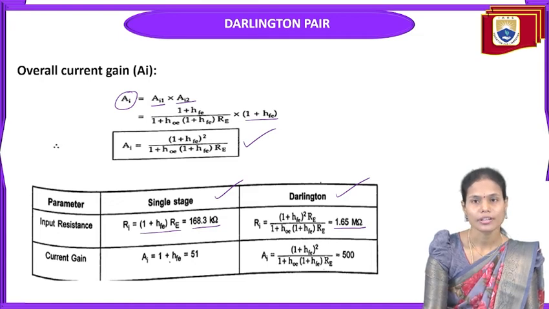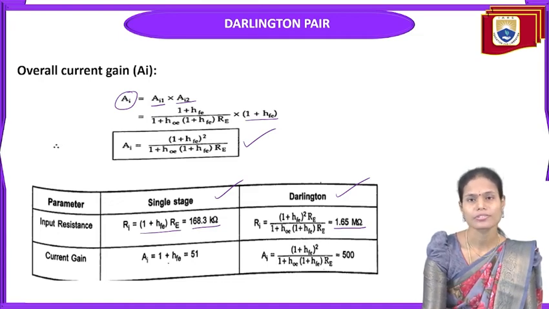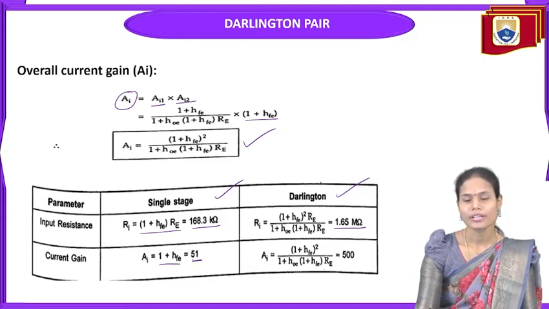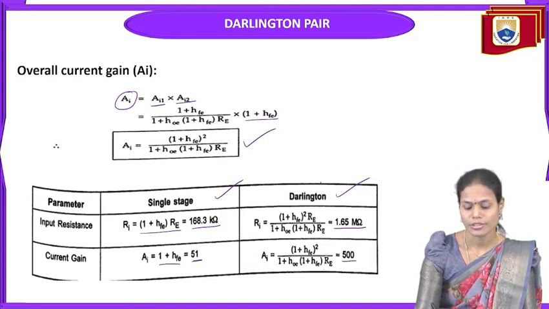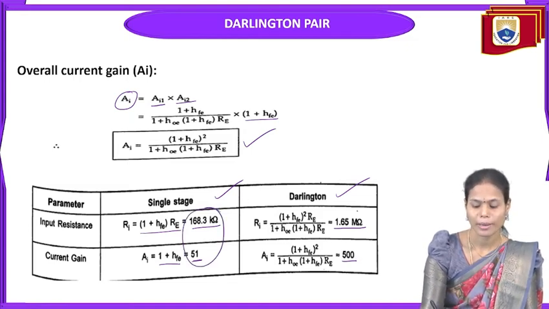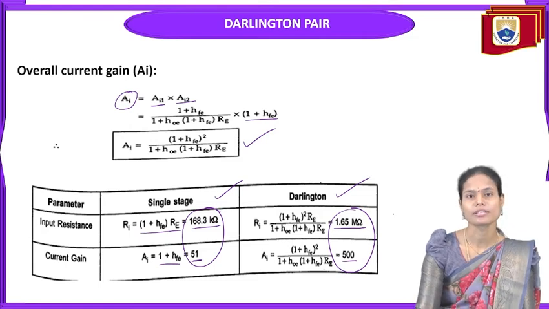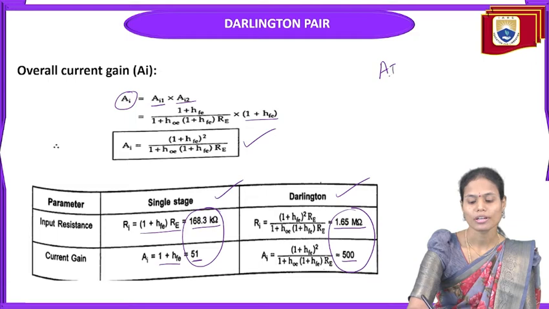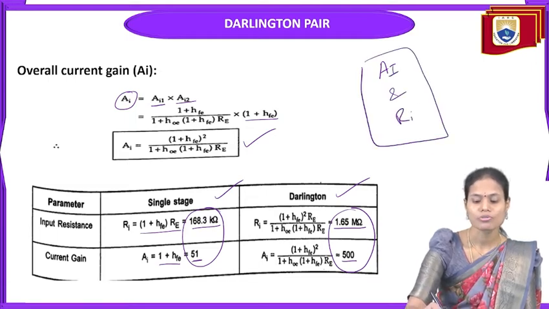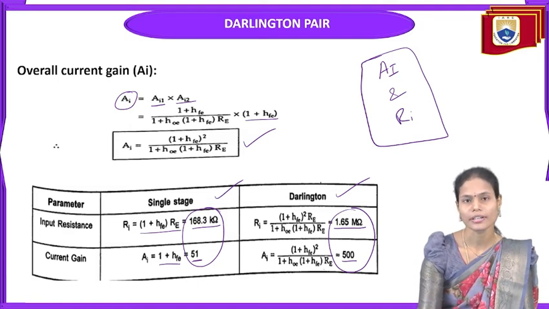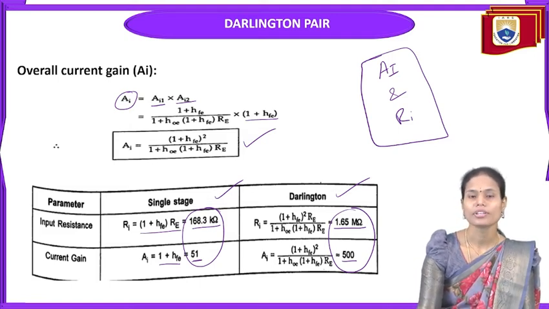And while coming to the current gain, for the normal transistor, it is 1 plus HFE, that is 51. But in the case of Darlington amplifier, it is improved from 51 to 500. So if we see these parameters from this analysis, we can say from the Darlington amplifier, we can improve the overall current gain as well as input impedance of the system. So wherever the applications require high current gain and high input impedance, we can utilize this Darlington pair or